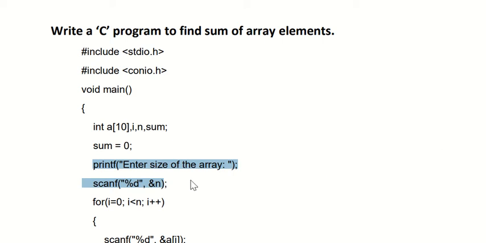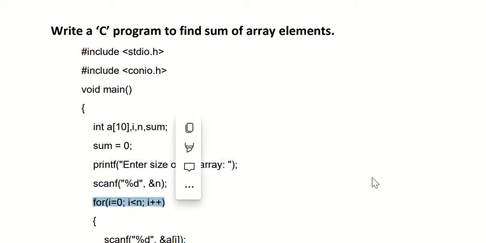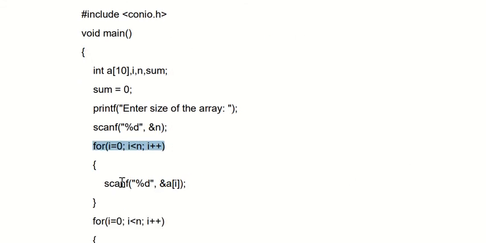So for i equal to 0, i less than n, and i plus plus. This for loop starts from i equal to 0, then 0 less than n. If we assume the value of n as 5, then 0 less than 5, so we know the condition is true.